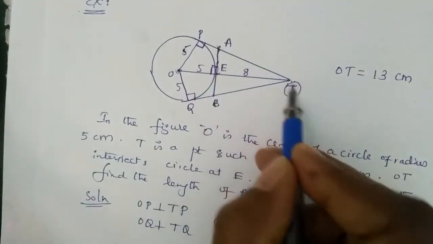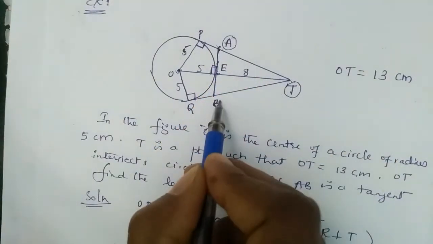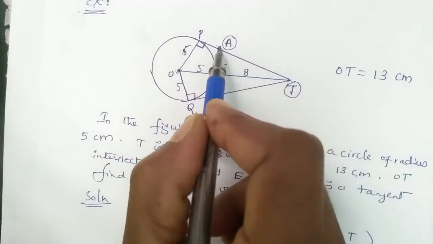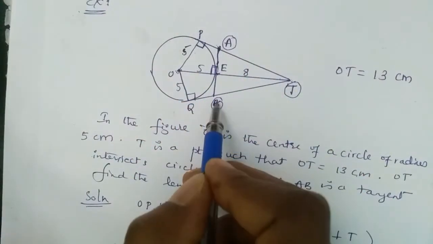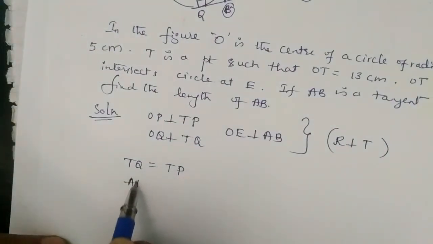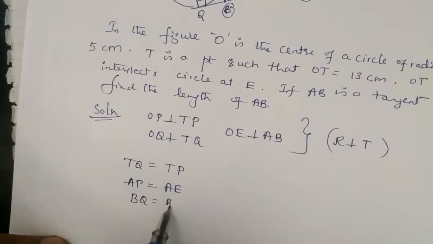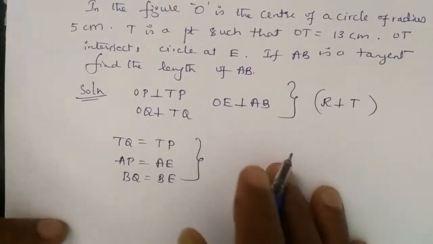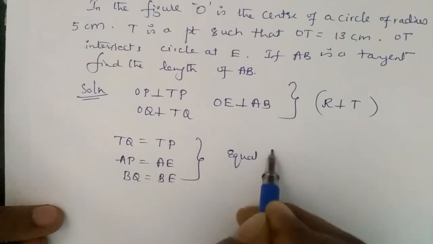There are three exterior points: T, A, B. These three are exterior points. From A, AP and AE. From B, BE and BQ. That we write here: AP, AE. The other one is BQ, BE. So for all the three, the reason is all are equal tangents